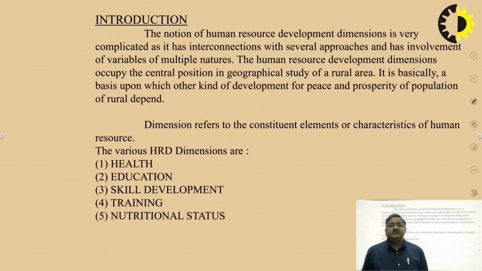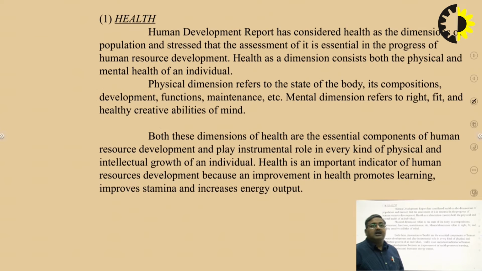The dimension basically refers to constituents, elements or characteristics of human resource. The various human resource dimensions are health, education, skill development, training and nutritional status. Health, as we all know, is one of the major determinants and most important factors that defines the avenue of performance and ability to work, think and perform as far as the individual perspective is concerned,